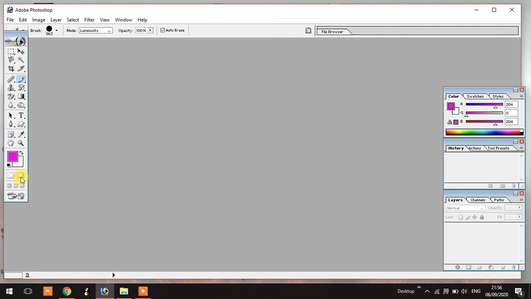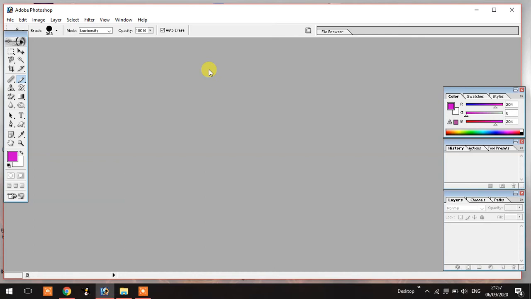As you know, brush tool is used to paint anything on your screen on the layer. So I am going to explain how you can use brush tool in Photoshop.